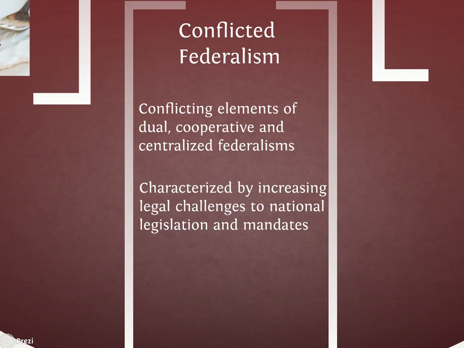For example, in 1976, the Supreme Court ruled in National League of Cities versus Usery that state and local governments were not legally required to comply with the national minimum wage law, hence protecting state authority. Then, 9 years later, in the Garcia versus San Antonio Transportation Authority 1985 case, the court ruled that the national minimum wage laws did apply to state and local government employees, thus expanding national authority. You don't necessarily have to know those two cases, you just have to know the example.